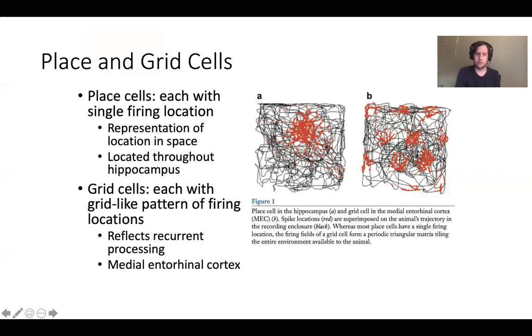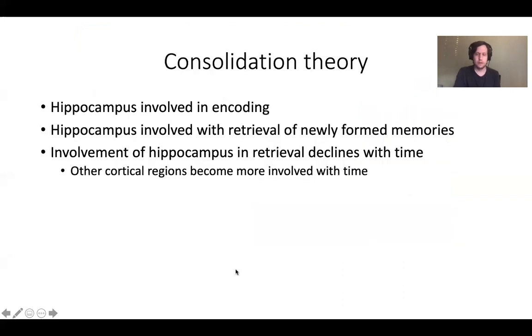All right, no questions. So moving on to consolidation theory, which is another neural theory, but there's just some really cool cognitive stuff that goes along with this neural theory. So the hippocampus we've already talked about. We know that it's important for the encoding of long-term declarative memories.